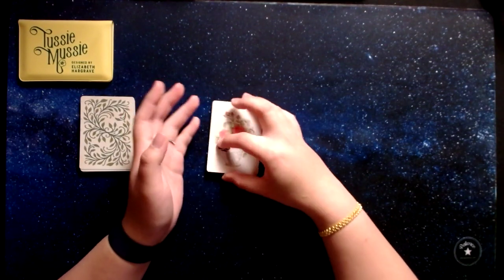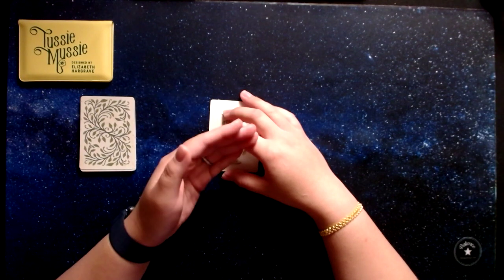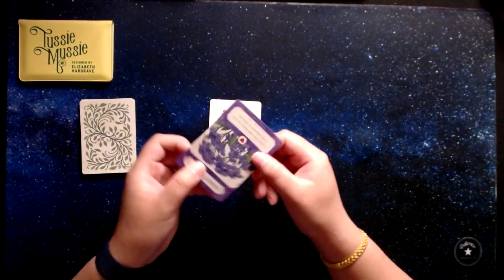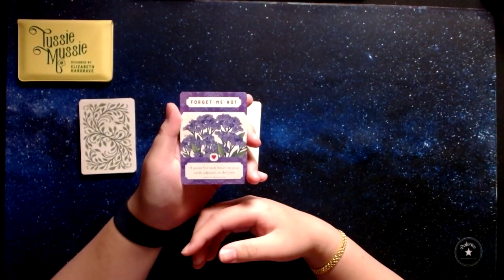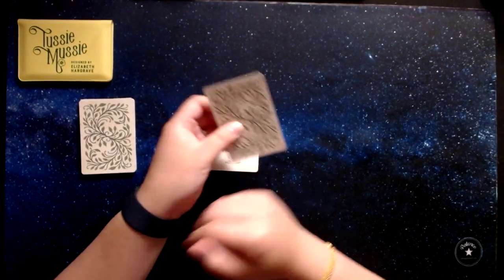You're gonna need to understand the terms bouquet and keepsake. So bouquet will be a face-up plant card, such as this. This is considered face-up in your bouquet. It is considered a keepsake if it is face down. And your overall